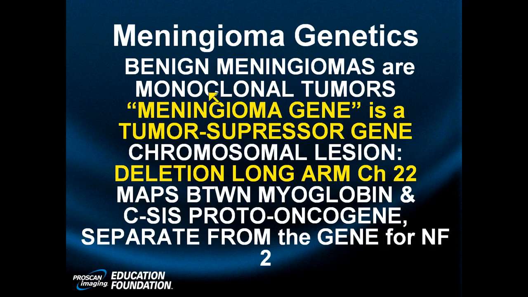These are monoclonal tumors. There is a meningioma gene. It's a tumor suppressor gene like most of the tumor genes in the brain. It is not surprising that meningioma consists of a deletion of the long arm of chromosome 22. And what is the genetic abnormality in NF2? Chromosome 22. What is the genetic abnormality of an isolated meningioma? Chromosome 22. How interesting. There are some other molecular correlates of meningioma, including the c-sis gene, a proto-oncogene,